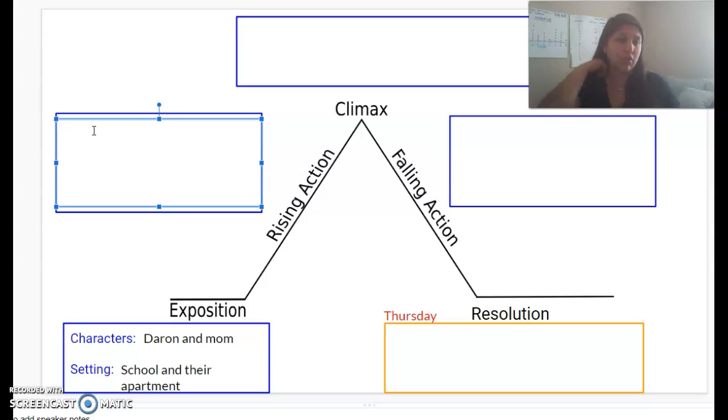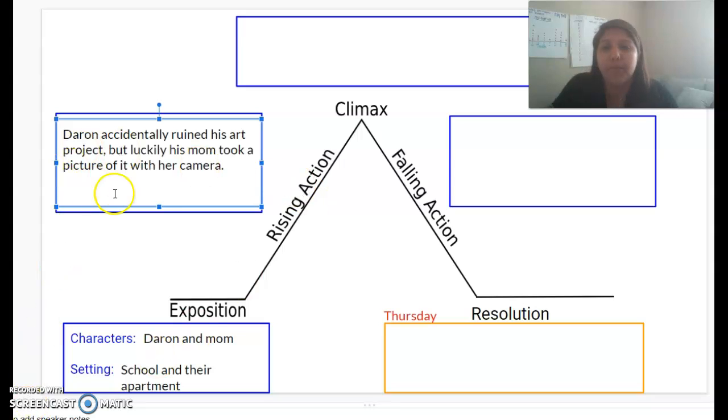At the beginning of the story, we know that Darren went to his school to show his mom his project, right? And then what ended up happening? He ended up slipping and destroying his project. So you're going to go ahead and write that. You're going to put Darren, and I'll go ahead and type that. Okay, so here I put Darren accidentally ruined his art project, but luckily his mom took a picture of it